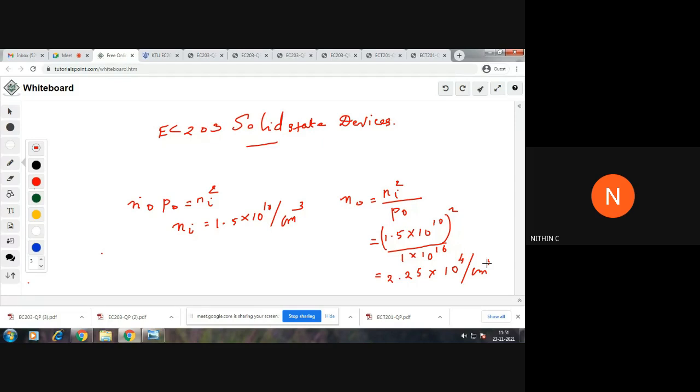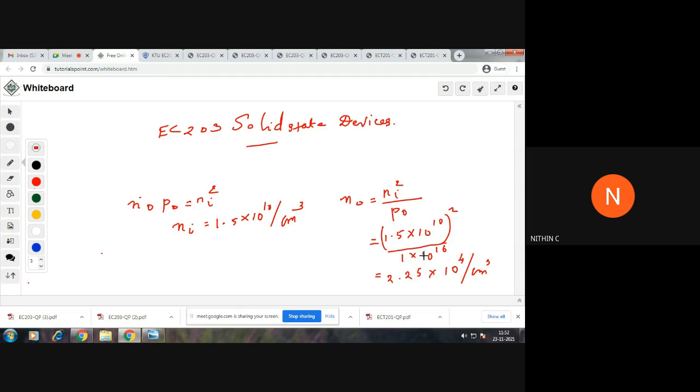This is the answer. I thought you would do this quickly, but you are taking time. So you understood this type of question, right? Initially you should identify which type of material is being doped. Identify the material used for doping and which type it is. We could do this question only because we know that boron is going to be a p-type impurity and phosphorus is going to be an n-type impurity. Only if we know that can we do this. If we know that, then you can do this question quite easily.